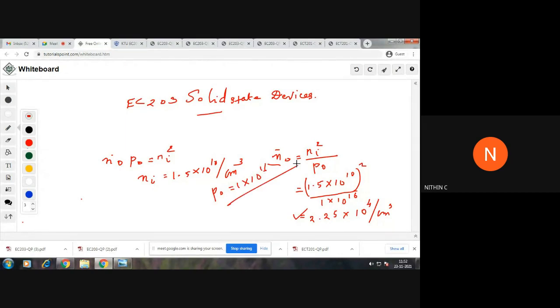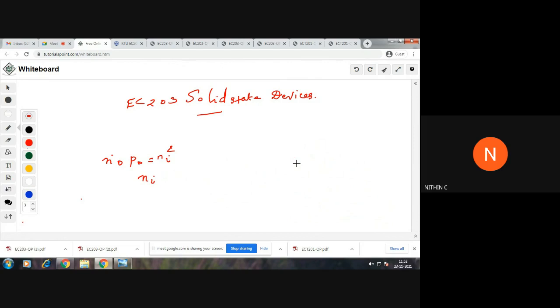Now moving to the third part, that is to find the Fermi level position with respect to the intrinsic energy level. That is what you are going to find. Now you know the type of the sample. You know the different concentrations also. So since you know the type of the sample, let me take you through the energy band diagram. That is the usual energy band diagram.